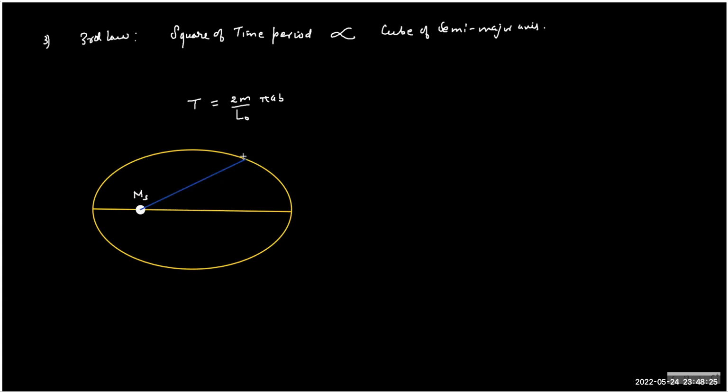So we don't take a general case. To find L naught, we pick a particular point, because if you choose this point to find the angular momentum, then the variables which you need to know are V, R, and the angle alpha. And alpha is unknown, V is unknown, R is unknown. So that's why we don't choose it. So if someone asks, can you express R in terms of A? The answer is no, it's even a difficult job. Okay.